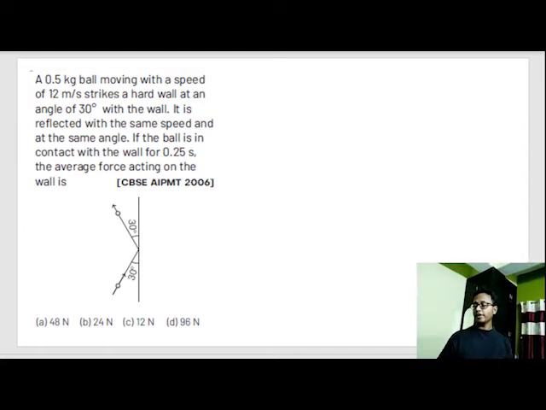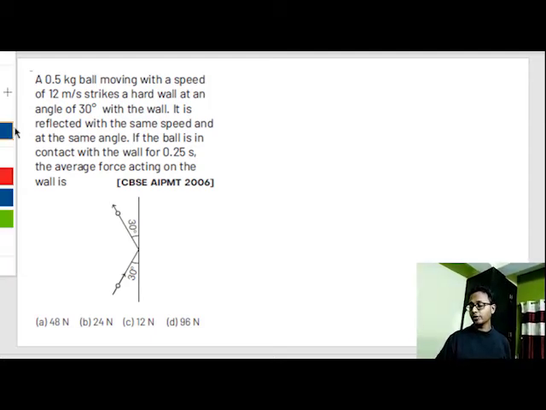A 0.5 kg ball moving with a speed of 12 meter per second strikes a hard wall at an angle 30 degree with the wall, it is reflected with the same speed at the same angle. If the ball is in contact with the wall for 0.25 second, the average force acting on the wall is. So in motion in a straight line video,